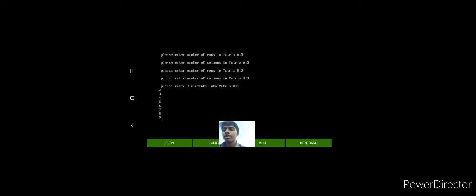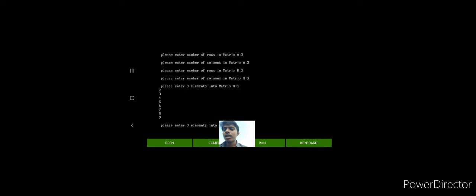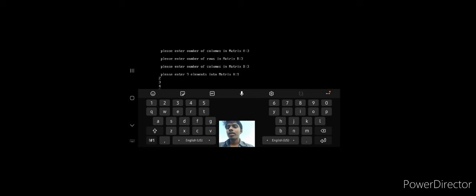Here 1 2 3 4 5 6 7. Again please enter 9 elements into matrix B. So again 9 elements entered: 1 2 3 4 5 6 7 8 9.